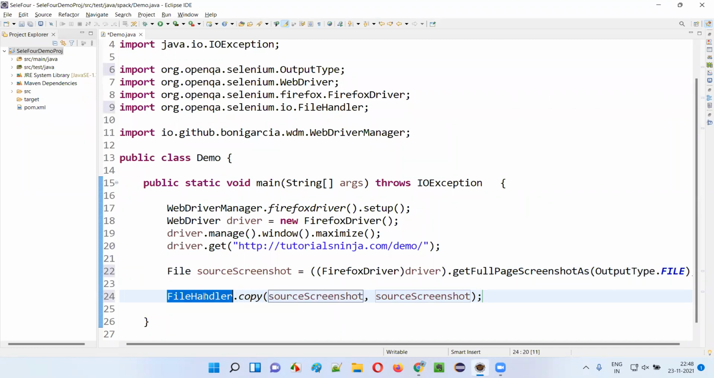Here we can use either FileHandler, or we can use something known as FileUtils from Apache Commons IO. FileUtils is not from Selenium. Selenium also has one more predefined class known as FileHandler, which is from Selenium. This is also for the same purpose. It also does the same thing as FileUtils, where it will copy this source screenshot to